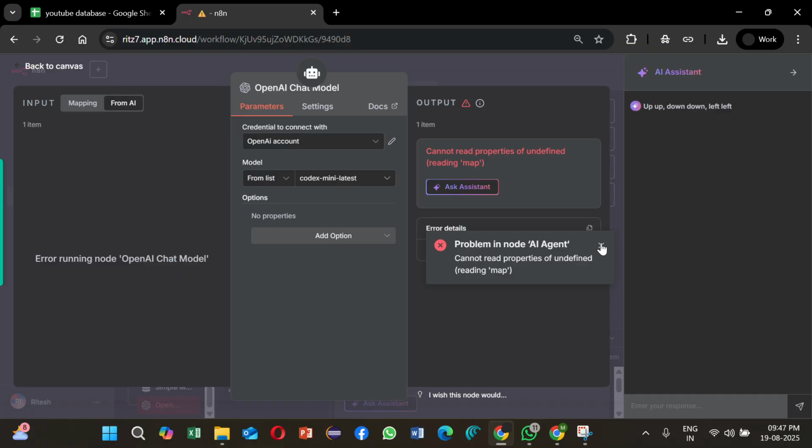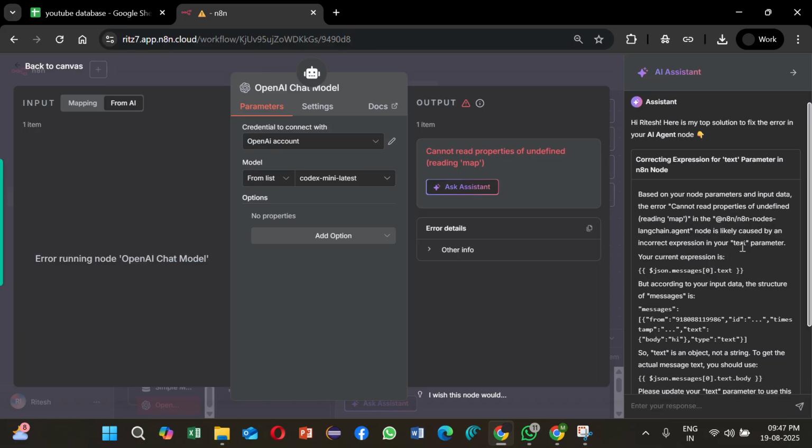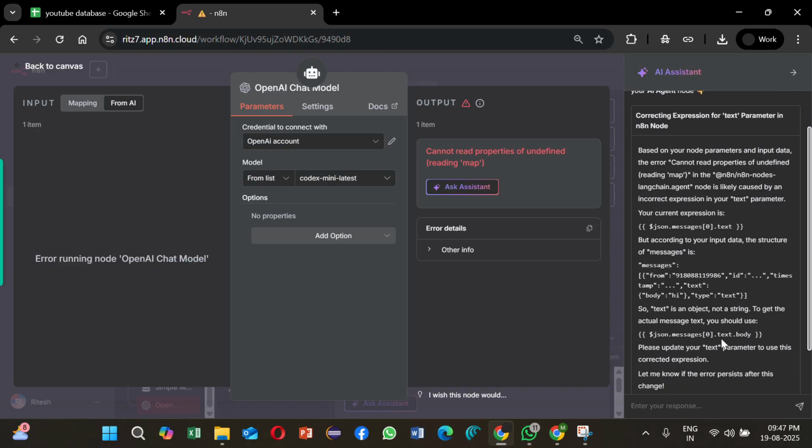Cannot read properties of undefined reading map. So your current expression is JSON message.text, but according to your input data, the structure of messages is from, id, times. So text is an object, not a string. To get the actual message text, you should use